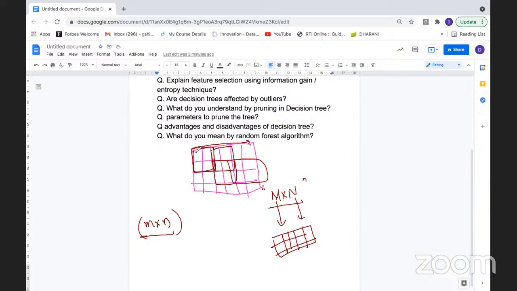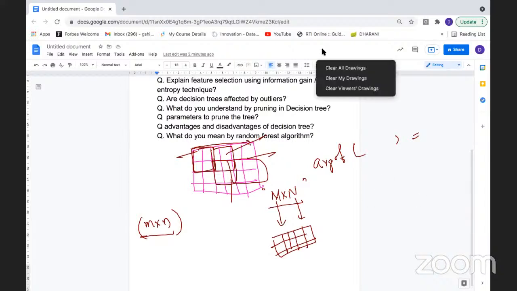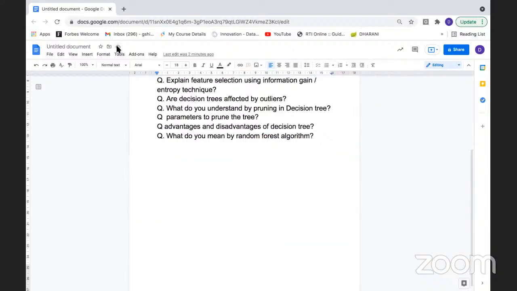So how many trees are you building? One decision tree, 2, 3, 4, taking the average of all the decision trees built, that is your final result here. Different parts of the same training set. So it is trying to build so many decision trees at training time, right? So from a single data set,